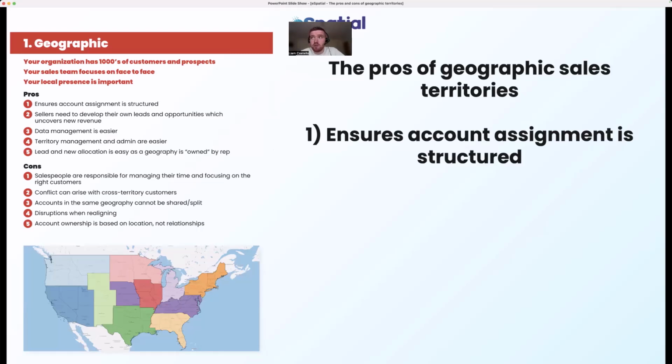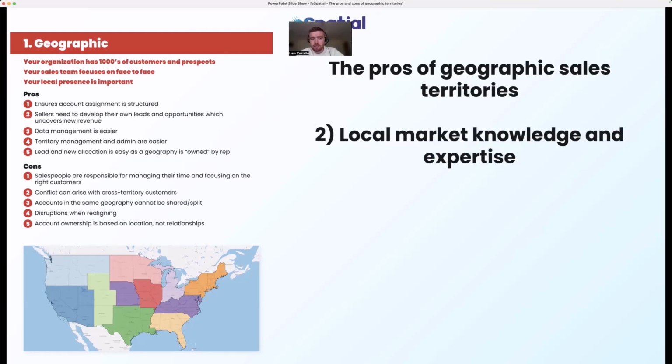Yeah, so the first one again is quite simple. The logic is easy to manage and easy to understand. We can see a selection of zip codes, color coded and labeled territory one. We all know territory one, let's say, is assigned to me, and then I have all the accounts, all of the prospects, all of the leads in that region assigned to me. So it's really easy to structure and understand how the ownership and assignment of accounts are organized. Okay. Number two?